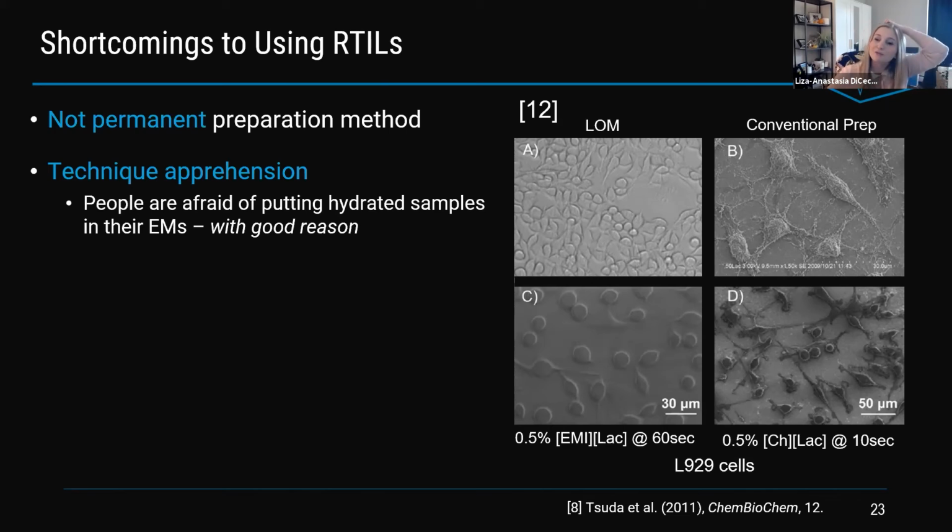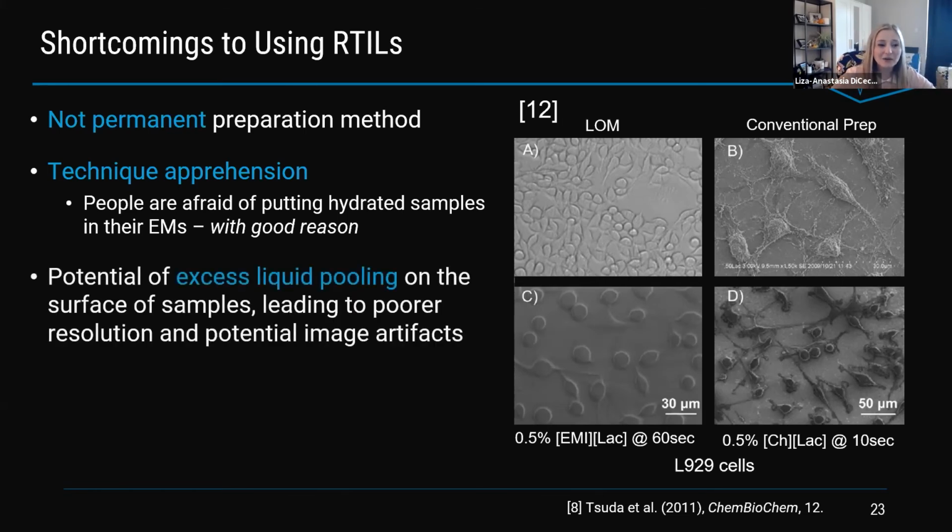And being afraid of putting wet things in a microscope is completely normal when you're dealing with this equipment. And there is this potential excess of liquid pooling on the surface. What can sometimes happen is if the sample solution doesn't spread evenly on the surface, it is quite viscous, so you can get pooling on structures. We recently had a hydrophobic surface that we were looking at that someone didn't tell us was hydrophobic, and so you had these little droplets everywhere.